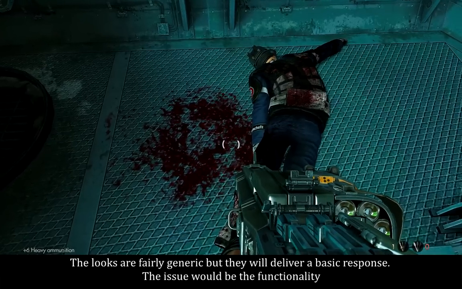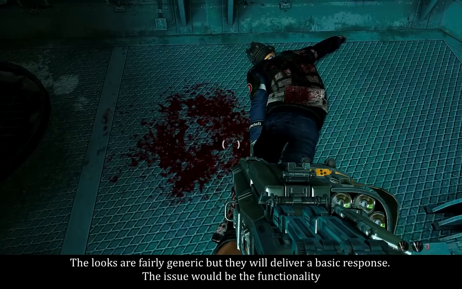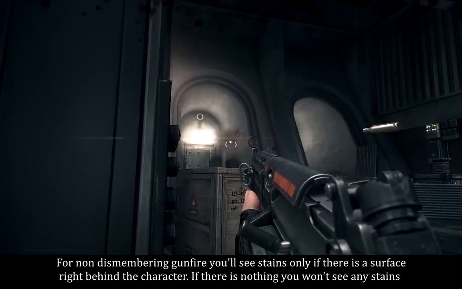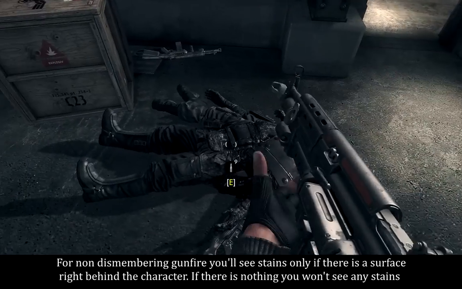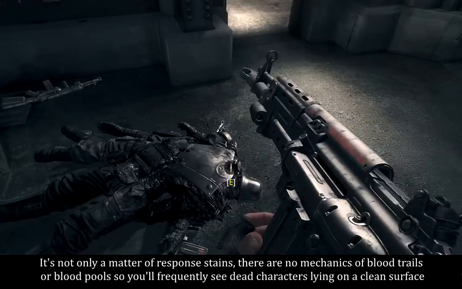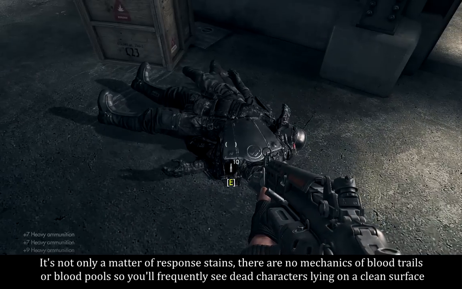The looks are fairly generic, but they'll deliver a basic response. The issue would be the functionality. For non-dismembering gunfire, you'll see stains only if there is a surface right behind the character. If there is nothing, you won't see any stains. It's not only a matter of respawn stains. There are no mechanics of blood trails or blood pools, so you'll frequently see dead characters lying on a clean